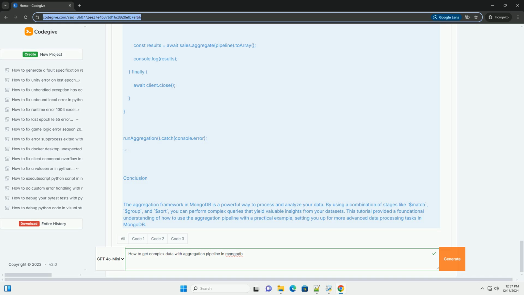JavaScript. db.sales.aggregate([ // Stage 1: filter sales for the year 2023. { $match: { date: { $gte: new ISODate("2023-01-01"), $lt: new ISODate("2024-01-01") } } },